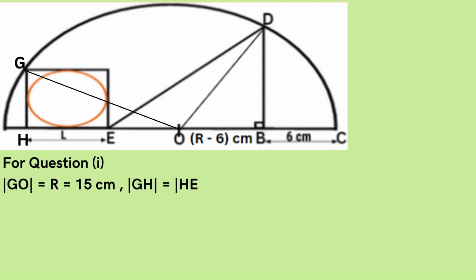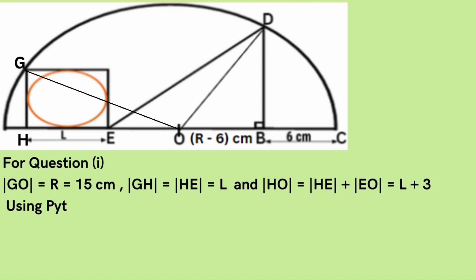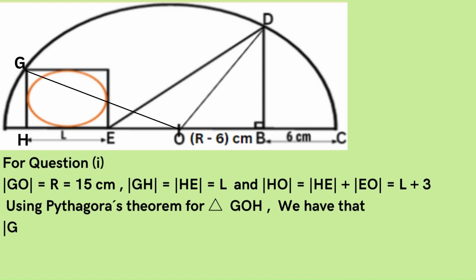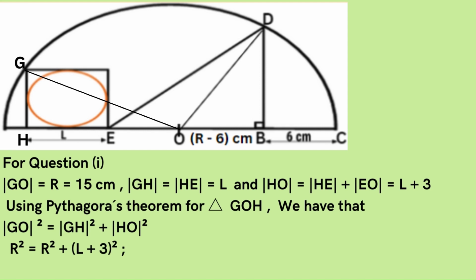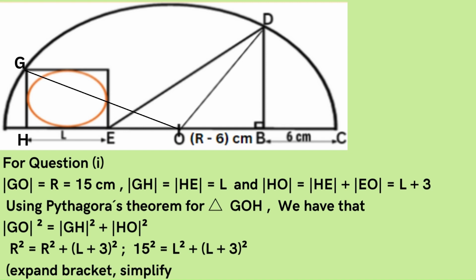For question I, let us solve it. HO equals the sum of L and 3. Using Pythagoras theorem for triangle GOH, we have that the square of GO equals the sum of the square of GH and HO. Substitute values, cancel equal but opposite terms, and we have an equation in L. Expand the bracket, simplify, rearrange terms, and we have